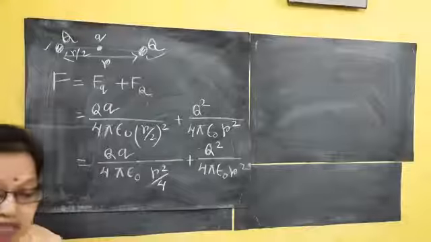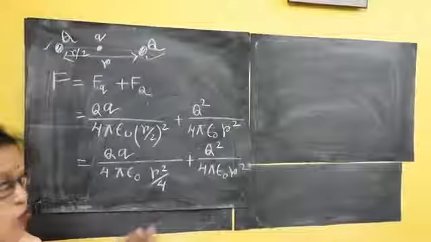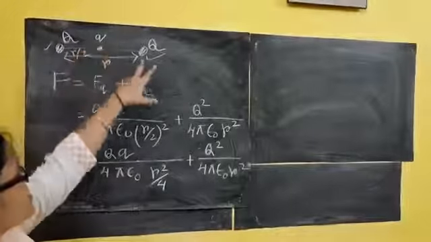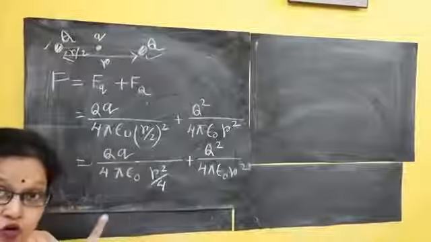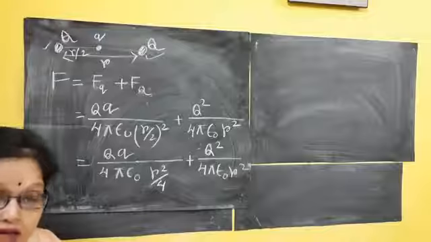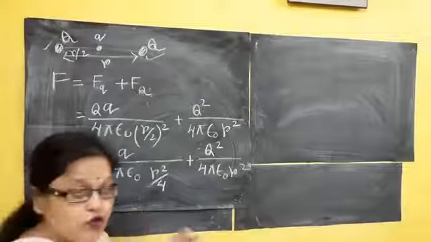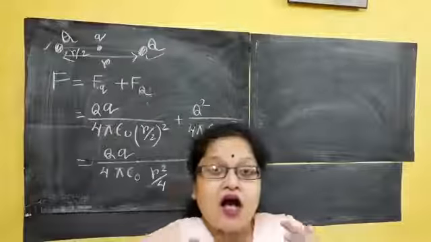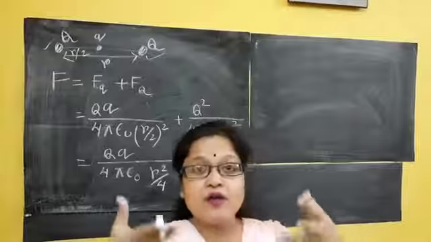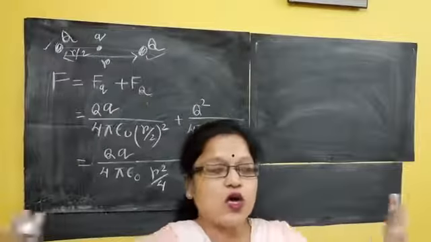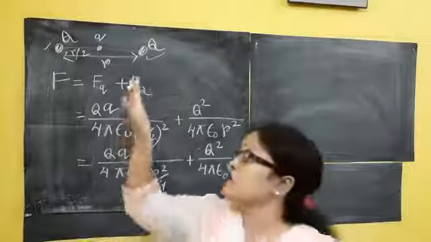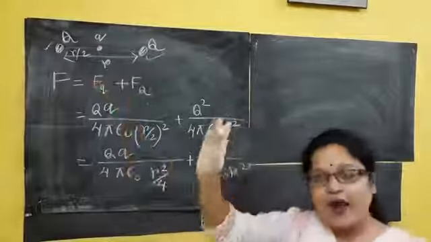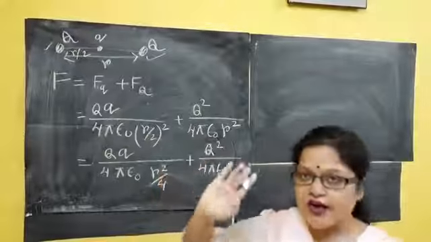Clear? Means the net force on Q for this charge and this charge will be 0 because they are the same charge. At equilibrium it should happen. Equilibrium means what? At a position where I will be in a minimum energy mode, means no one will attract me, no one will repel me. Means what? On this Q, no force is applied, means this F is 0, I can say.